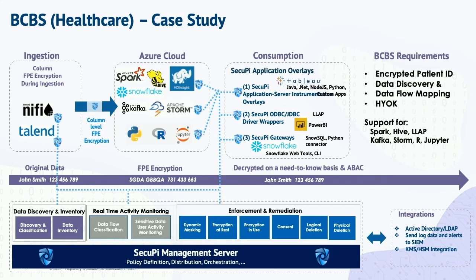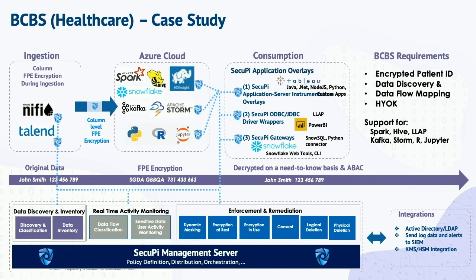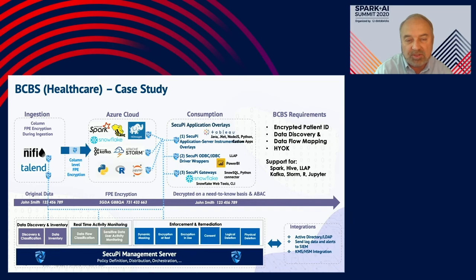that are loaded into the cloud, they're still controlling access at a fine-grained level to hundreds and hundreds of columns across all different tables, independent of the ones that had that extra layer of security, that encryption at rest. So then on the Azure cloud, of course, you've got only anonymized records. And then regardless of whatever tool someone's using to access that data, whether it's Spark or anything else, on the consumption side, you're unprotecting the data at runtime for the authorized users. And this satisfied all of Blue Cross Blue Shield's requirements.